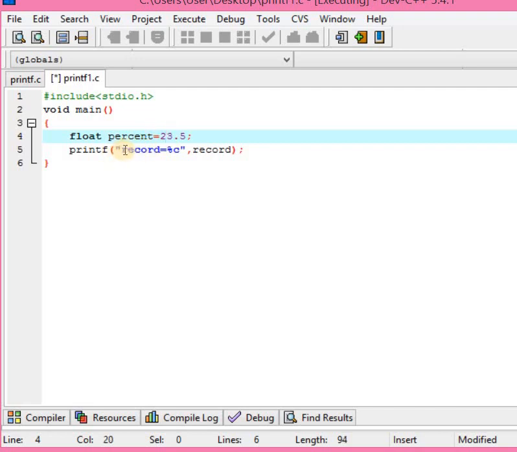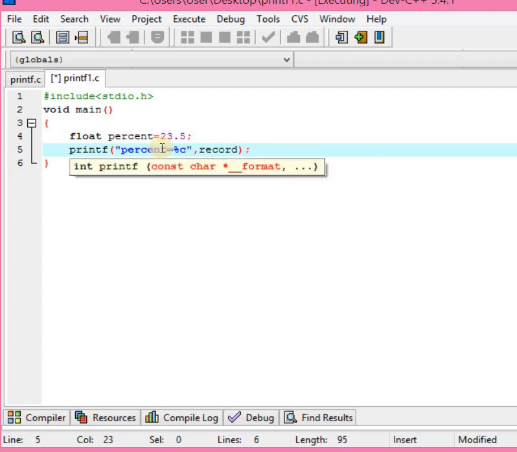After that in printf we write percent. We are using data type float, for that we use %f according to the format specifier, and here we write the variable. Again save the program.